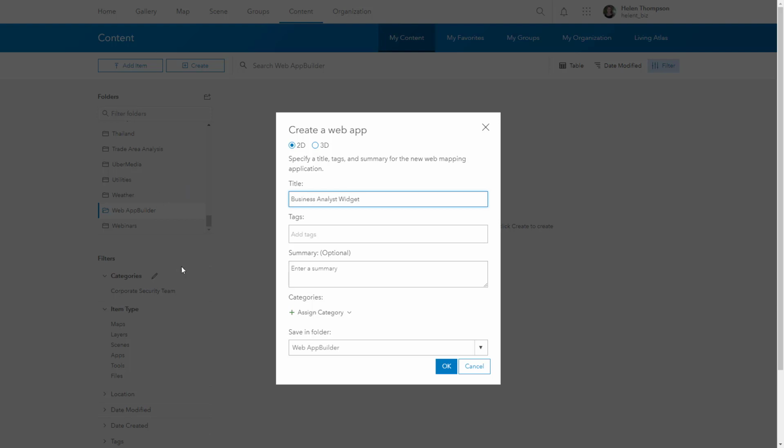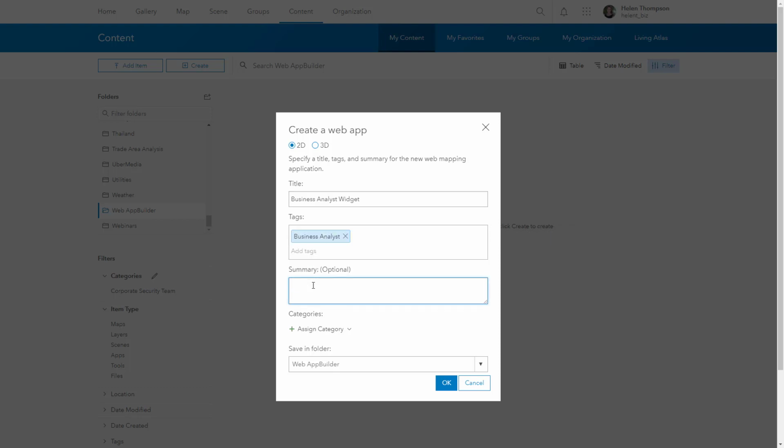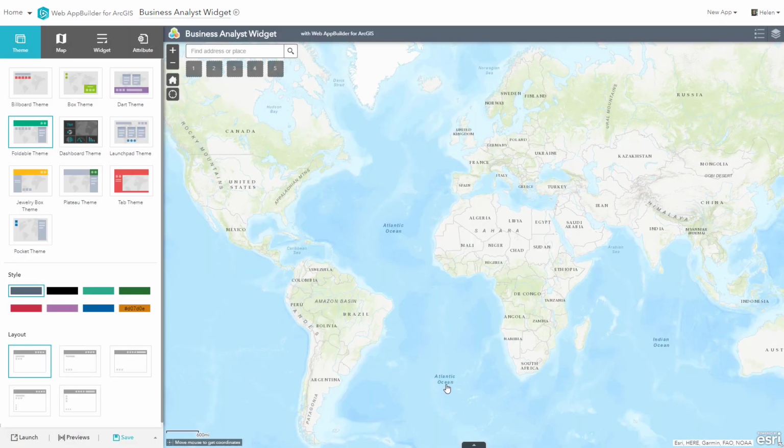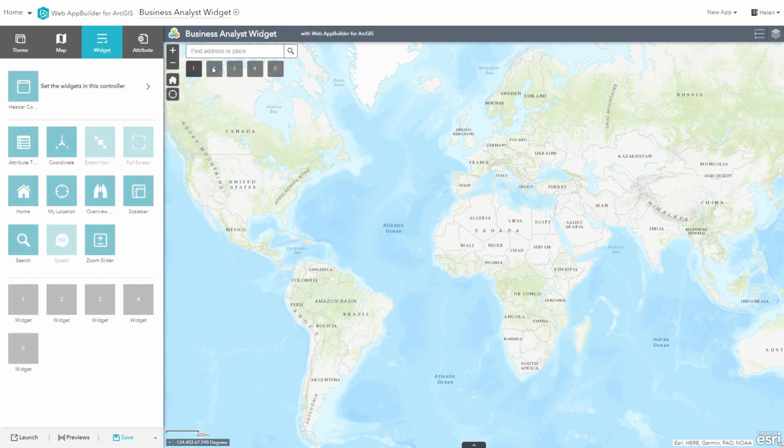I'm going to give this a name, add a new tag like Business Analyst, and I'm going to copy the same title here into my summary. It automatically now starts Web AppBuilder for ArcGIS using the online version of Web AppBuilder. I'm going to stick with this foldable template, select the widgets that I want to populate here, click number 1,